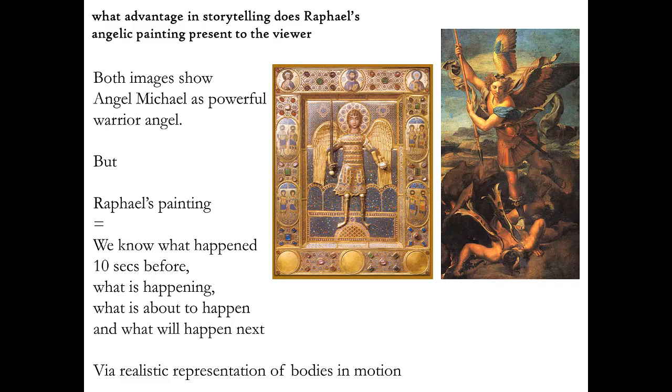He's all discombobulated. His torso is turned. His legs are one way. His arms are the other. Right? We know what is happening. The angel Michael is standing on the demon and with a giant spear about to stab that demon. Meanwhile, the demon has just fallen over. So this is like a second later and is trying to get up, but only with one arm, because look